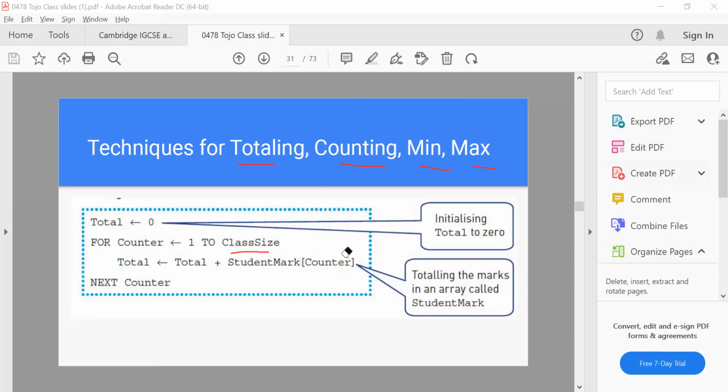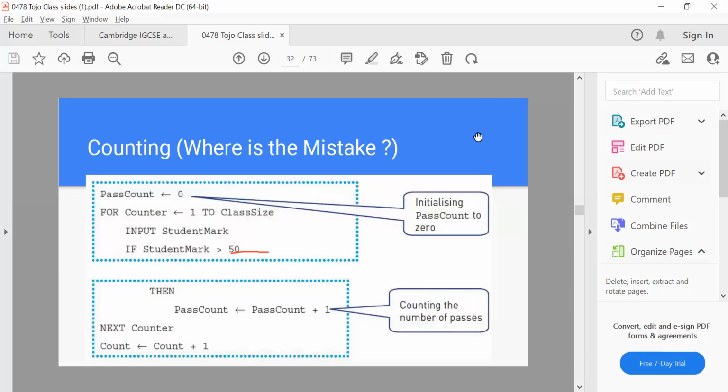So now he's trying to get an input. He's going through a for loop, and the for loop will ask the user to input a student mark, and then the student mark is going to be checked somehow.